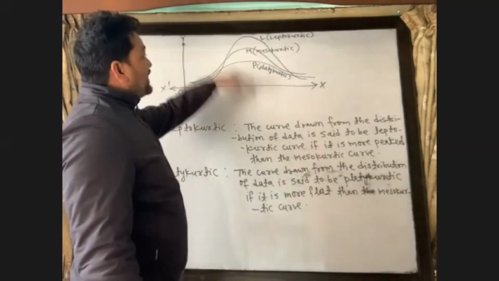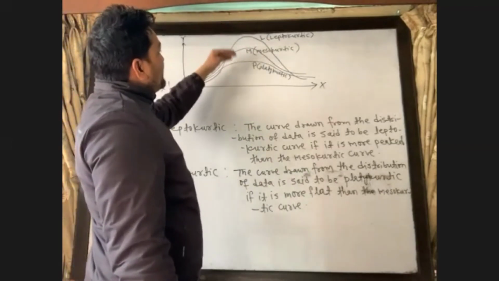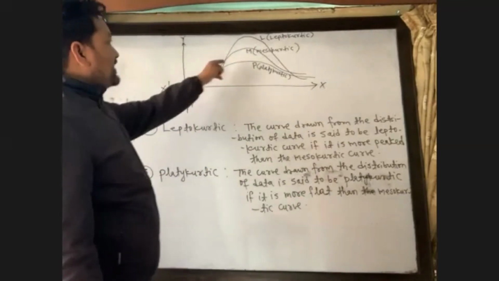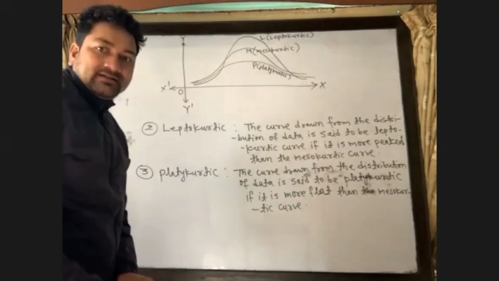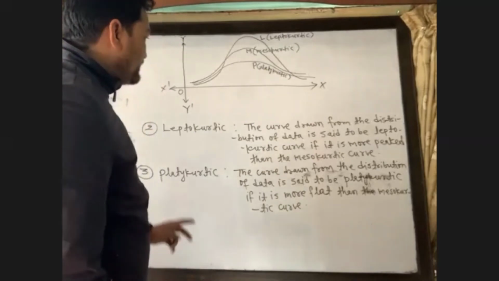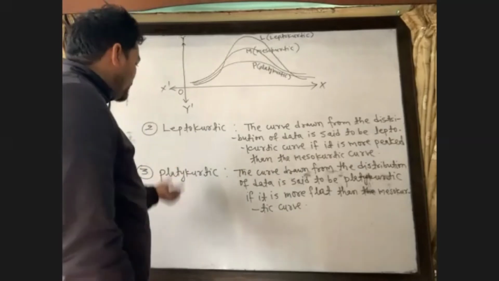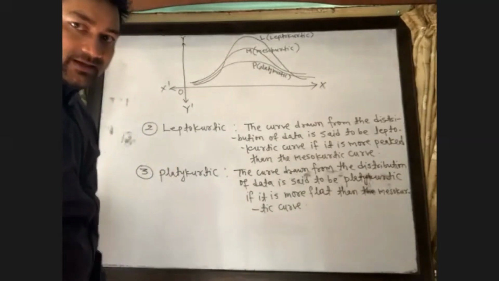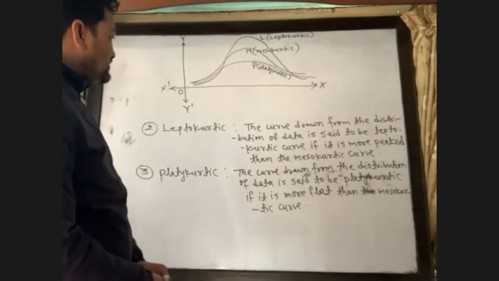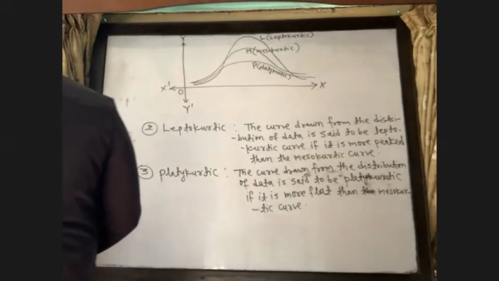मेजोकोर्टिक कर्व भन्दा पनि अझै फ्ल्याट भयो। हेरौँ, लेप्टोकोर्टिक भनेको मेजोकोर्टिक भन्दा बढी पिक्ड हुन्छ। प्ल्याटिकोर्टिक भनेको मेजोकोर्टिक भन्दा अझै बढी फ्ल्याट हुन्छ है त। फ्ल्याट हुने हुनाले त्यसलाई हामी भन्छौँ प्ल्याटिकोर्टिक। ओके, सो दिज आर द टाइप्स अफ कुर्टोसिस। टाइप्स अफ कुर्टोसिसमा हामीले मेजोकोर्टिक, लेप्टोकोर्टिक, प्ल्याटिकोर्टिक पढ्यौँ। अब हामी मेथड्स अफ मेजरिङ कुर्टोसिस भनेर लेख्दैछौँ है त।